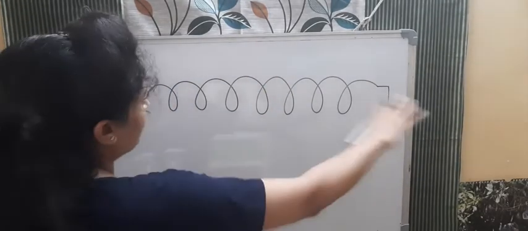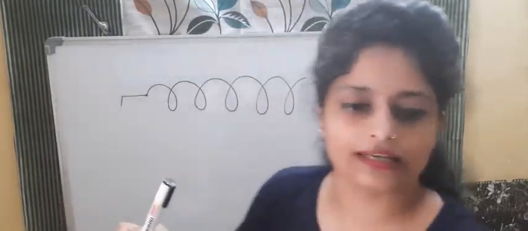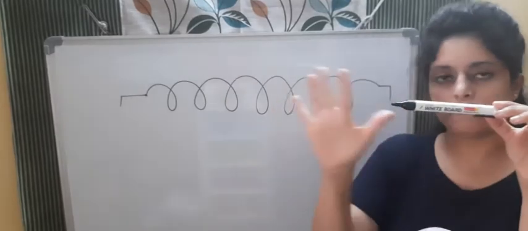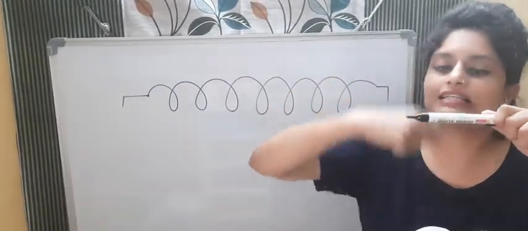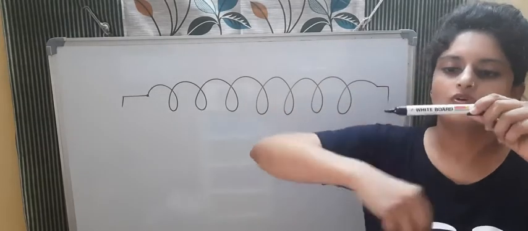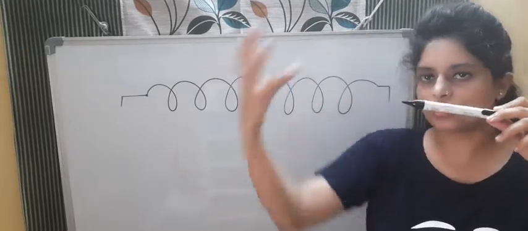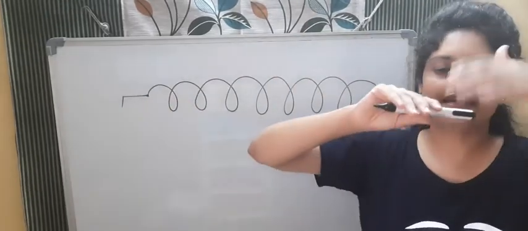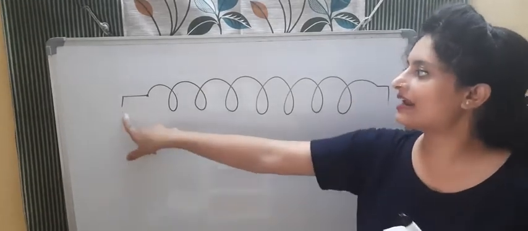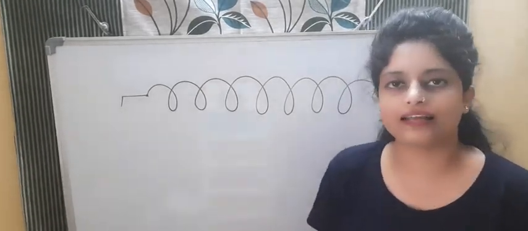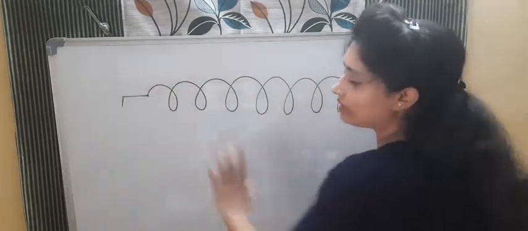We can wrap this copper wire on a plastic tube also. We can take a cylindrical tube, see, like this. This is a cylindrical marker, its shape is cylindrical. So what we will do, we will take a copper wire and start wrapping it, and after that this starting end I am taking as A and the ending as B. So one part of that wire I will connect with the positive terminal, another part I will connect with the negative terminal. So that will become a complete solenoid. This shape is known as the solenoid.